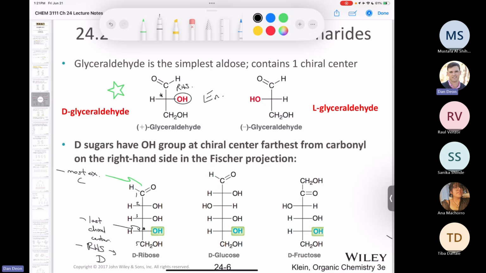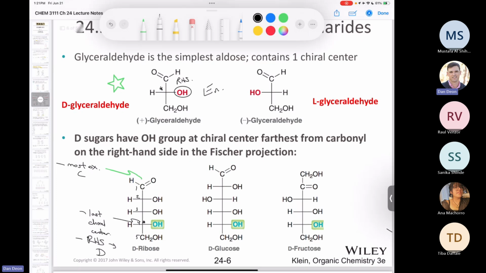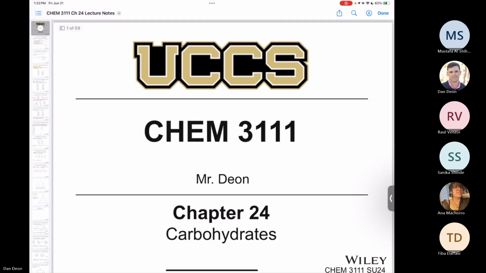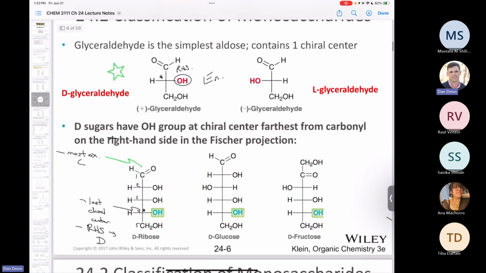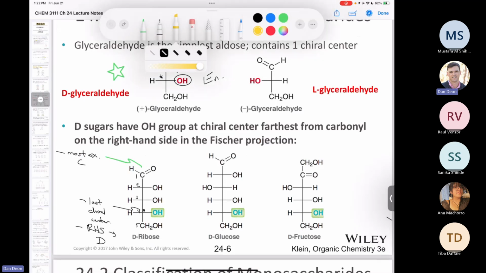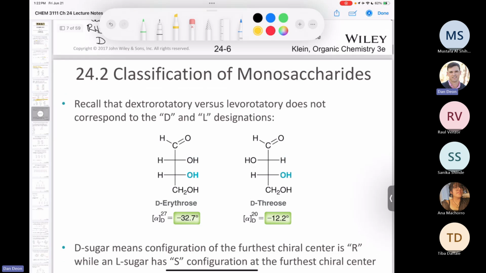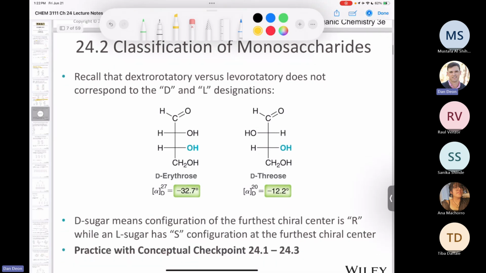Okay. All right. So there we go. So again, D sugars have the hydroxyl group at the chiral center farthest away from the carbonyl on the right-hand side. So hydroxyl group at the chiral center farthest from the carbonyl on the right-hand side in the Fischer projection. All right, so now when we talk about D sugars versus L sugars, it says here